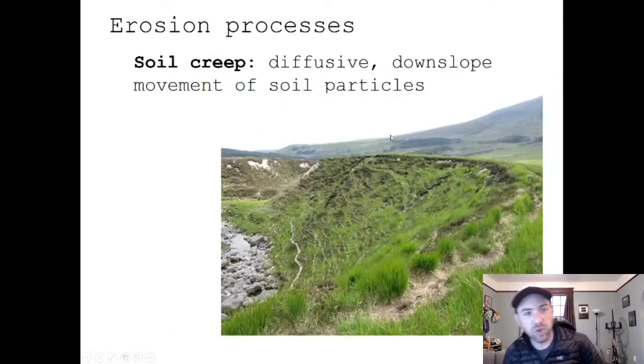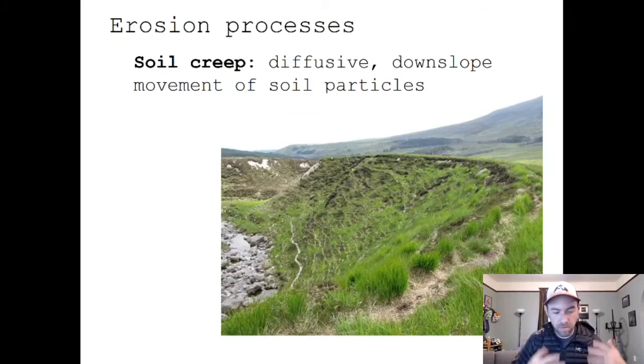Other processes include soil creep. So by a number of different ways, soils on hill slopes can move very slowly downhill. It's a diffusive process. It happens very slowly. It rounds out landscapes as these soil particles move ever so slightly by different mechanisms. Their average movement ends up going downslope, and so it's a slope dependent process, which ultimately results in a curved diffusional profile of a landscape over time. This can happen by